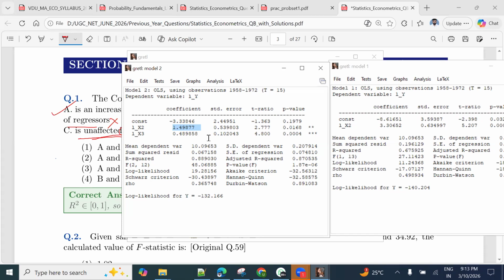These are basically the output elasticities of labor and capital. You will say it like this: over the period of the study, holding the capital input constant, a 1% increase in the labor input